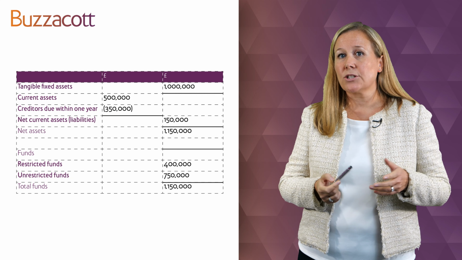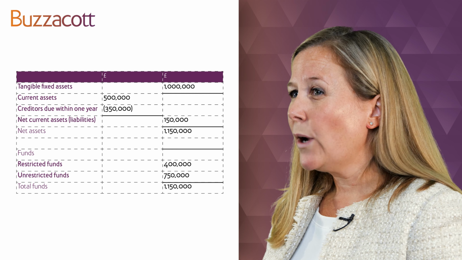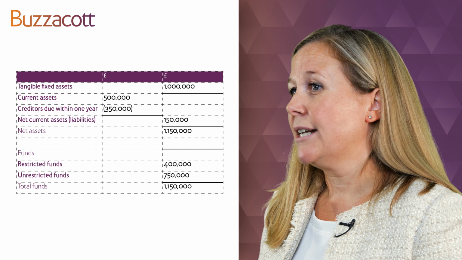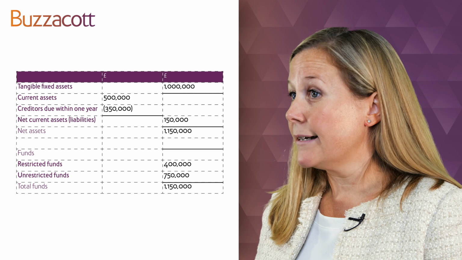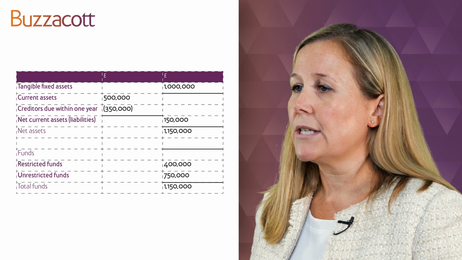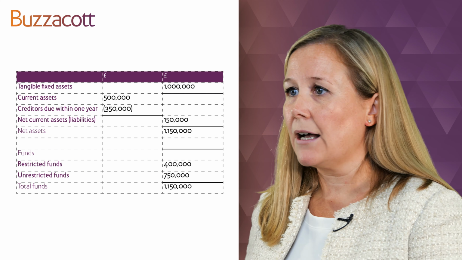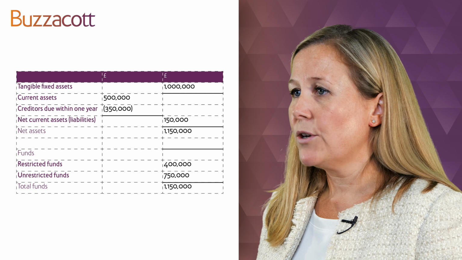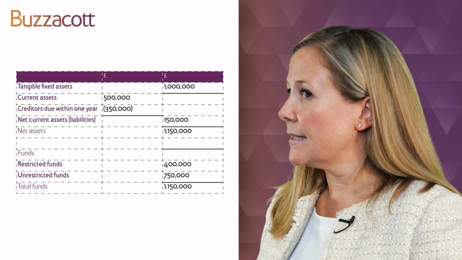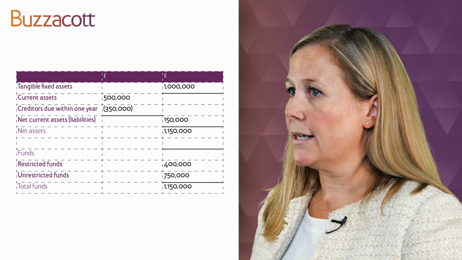So as an example of this, let's look at the financial information here and answer the simple question: is this charity solvent? So just having a quick look at the figures, I think in any commercial organisation, if you saw this positive net current assets balance, obviously in the context of the value being proportionate to the trading income and expenditure levels of the organisation, then I think you'd be quite happy that this is probably a fairly solvent organisation.